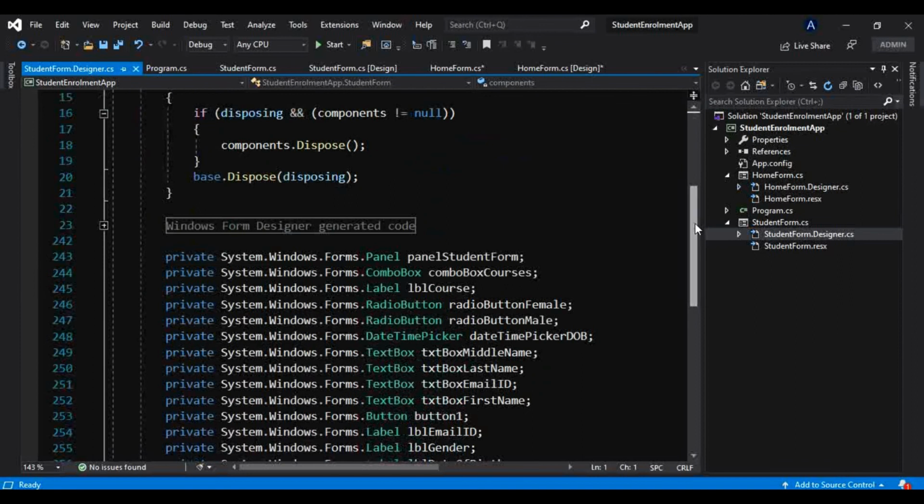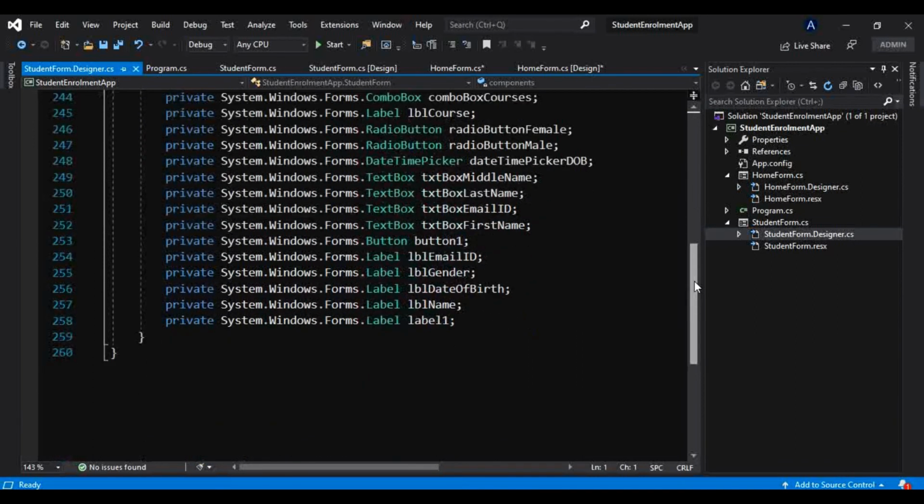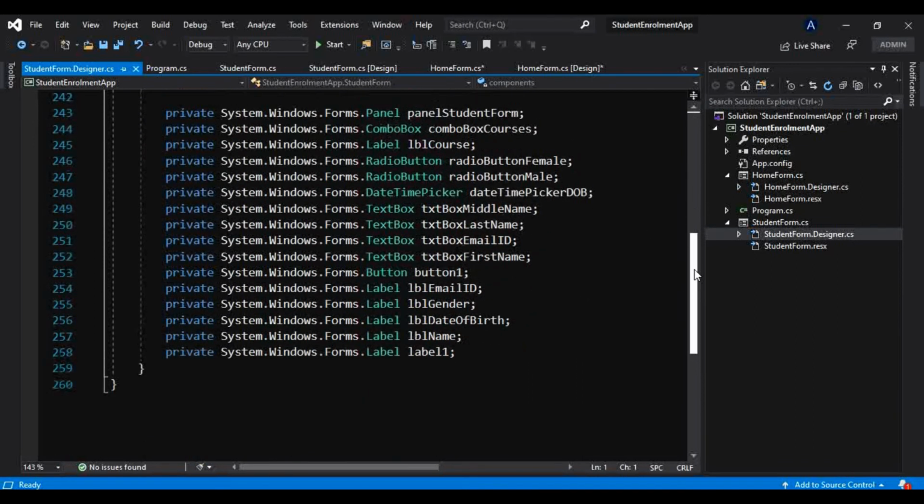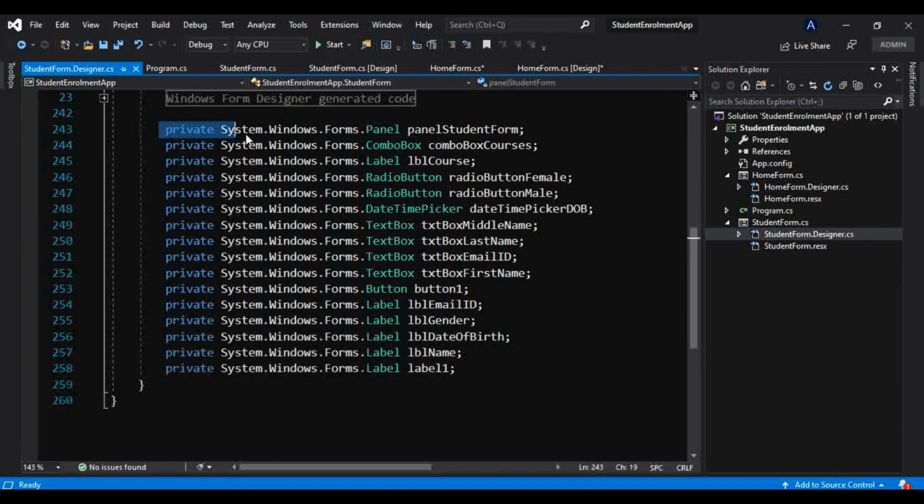So all these buttons, these controls, these labels get defined here only. Okay, as you can see, this private system.windows.form.panel, so the definition of that panel is here, the definition for that combo box courses, that label course, these text boxes, all these are here. Okay, all this gets defined in this designer file.